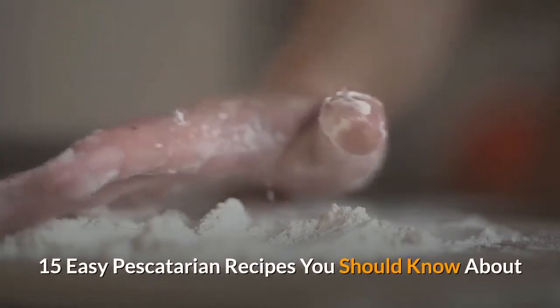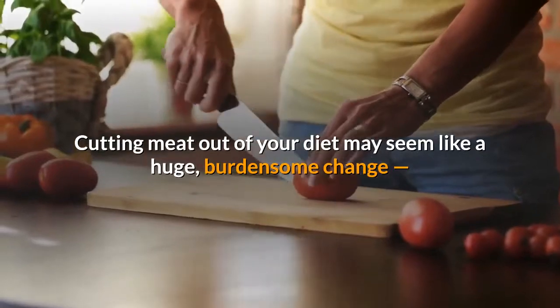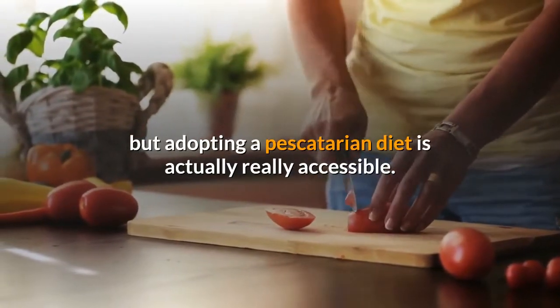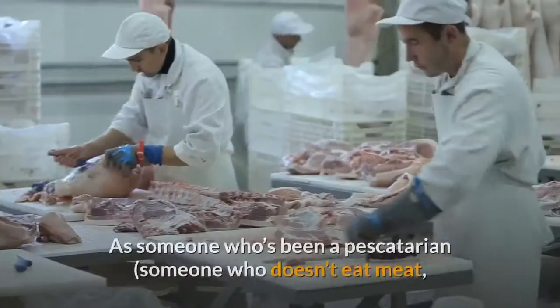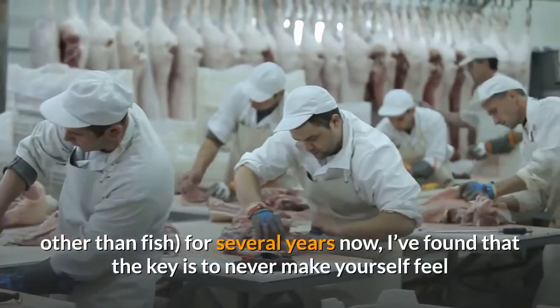15 easy pescatarian recipes you should know about. Cutting meat out of your diet may seem like a huge, burdensome change, but adopting a pescatarian diet is actually really accessible. As someone who's been a pescatarian, someone who doesn't eat meat other than fish, for several years now,